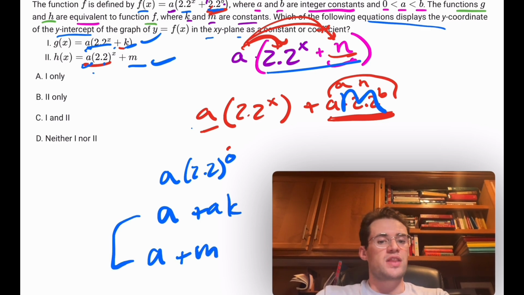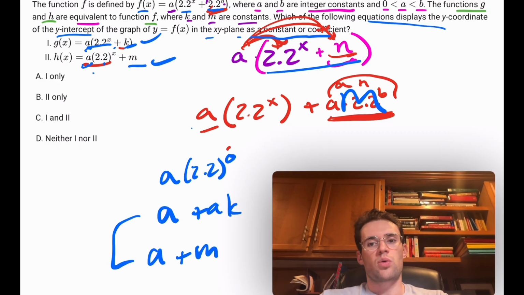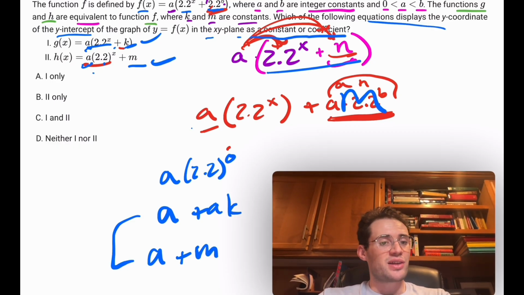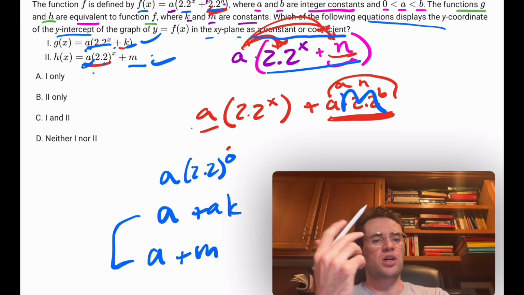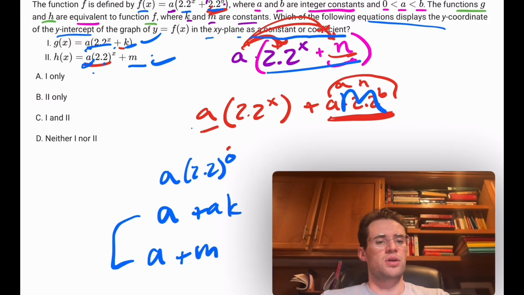Right, so either of these would be the y-intercept, but it's asking which of the following equations displays the y-coordinate of the y-intercept of the graph as a constant or coefficient. Technically, you could say it is the coefficient a if m happened to be 0. There's not a way for that to be true, though. Right? There's no way that that's 0. So yeah, there's really just no way that that's true. So this is kind of a tricky question. It's going to be neither